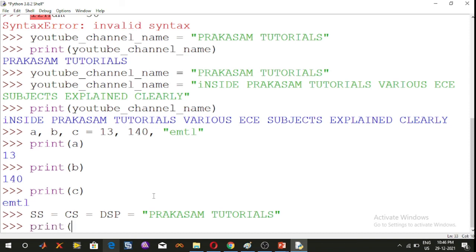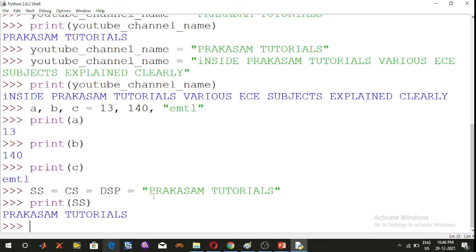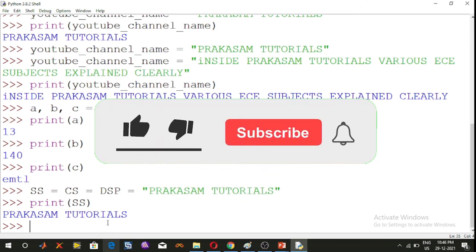Print of ss. So the answer is Prakasham tutorials.